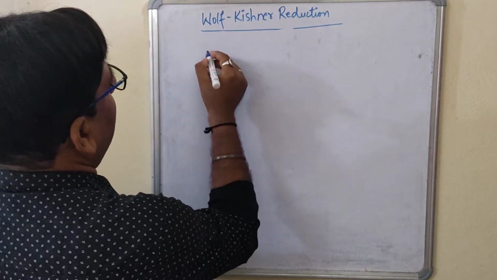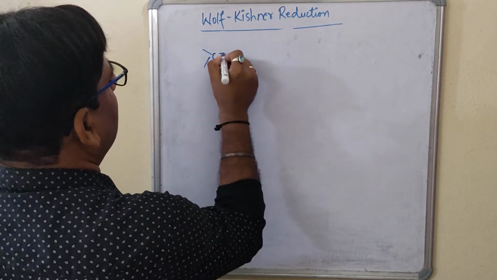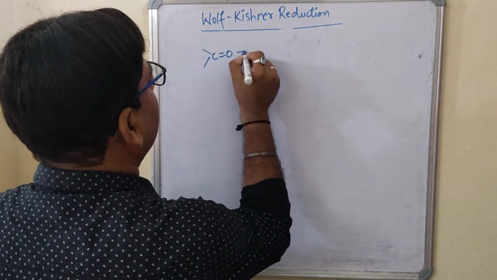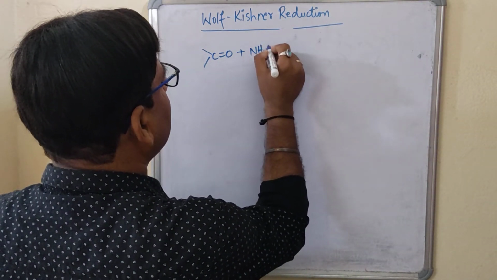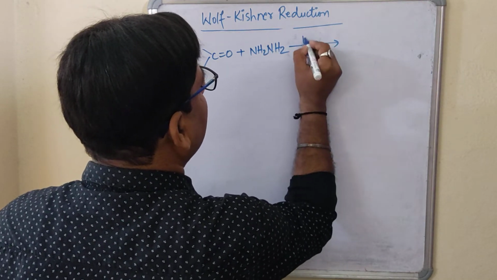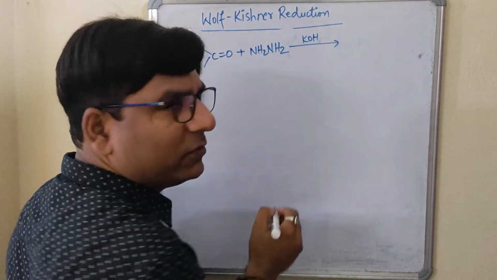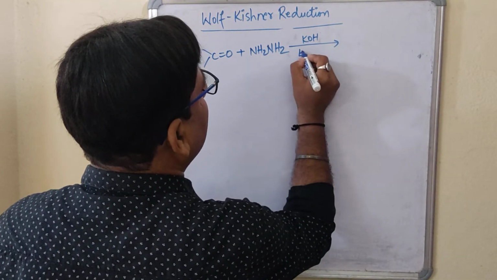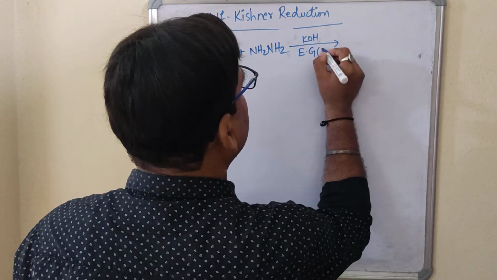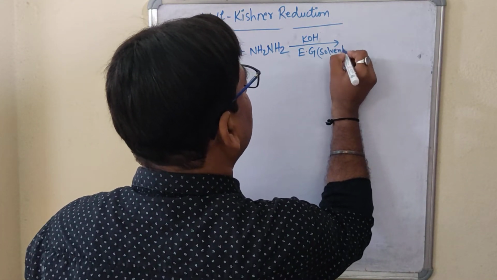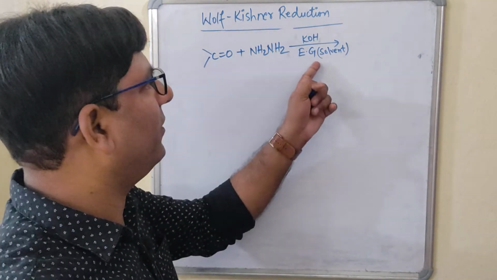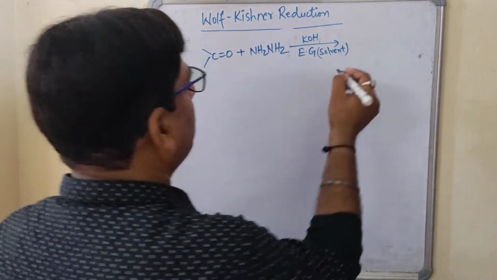In the same way, I am taking one, suppose, aldehyde or the ketone, in the presence of this hydrazine, and there is a base, that is the KOH I have used, and the ethylene glycol. Here I am writing in bracket so that you won't get confused. Solvent, ethylene glycol. This is used as a solvent, and this is the base KOH to give what?